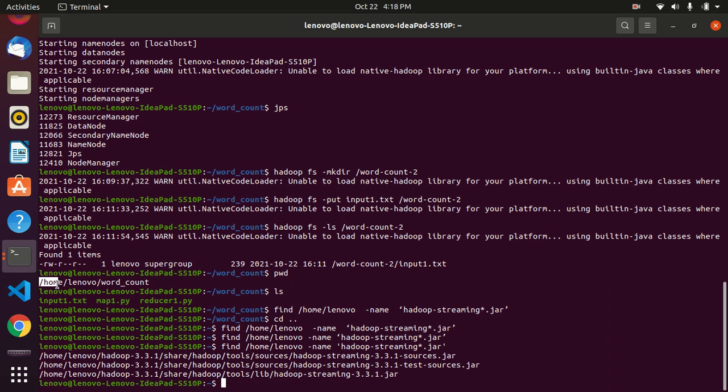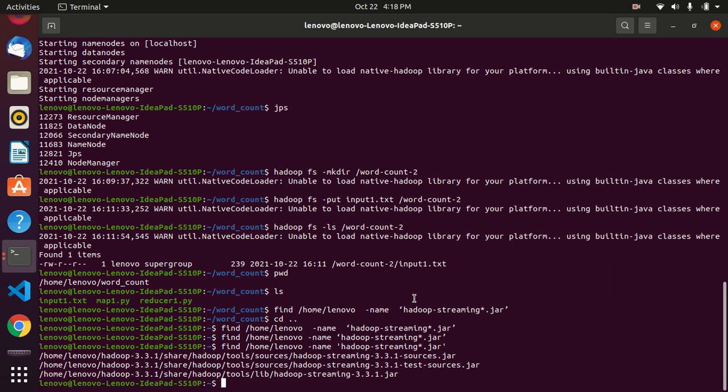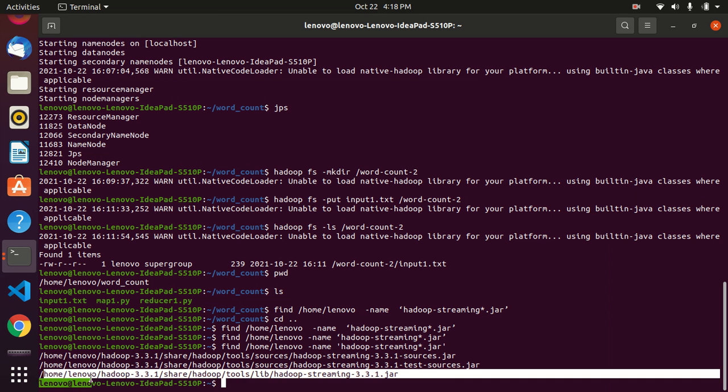So we are in /home/Lenovo/wordcount. And to know where the jar file is present in our system, we use the command find /home/Lenovo -name 'hadoop-streaming*.jar'. So we get the locations of our jar files, and this is the path of the Hadoop streaming jar that we needed.